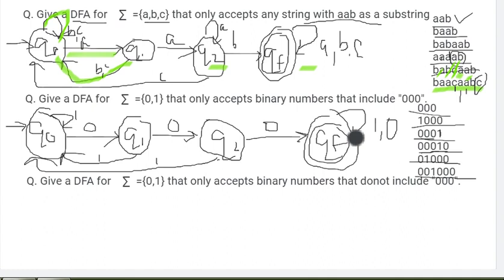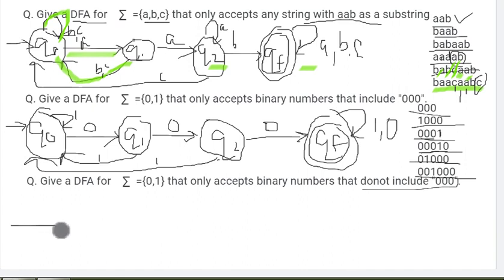Okay, so one more we'll see. We need to make a DFA, input set is 0 and 1, that accepts binary numbers that do not include, it should not include, right now we made include 0 0 1, that must not include 0 0 1. So any string which is not at all including 0 0 1. So in such type of cases what you can do is we just need to interchange the things.